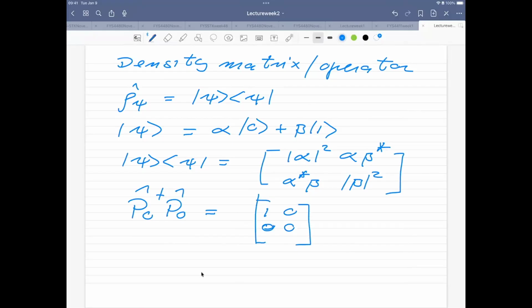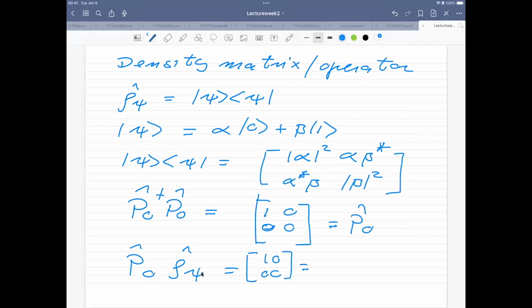And that projects out that specific state. Now, if I act with P0 on this rho of psi, and put a hat on it to indicate that these are operators or matrices, this is the same as taking 1, 0, 0, 0,